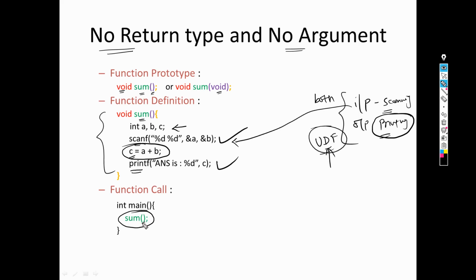Since it is not having any arguments, we will not be writing anything here, and we just call a function by writing its name. So this is the first category, no return type, no argument, in which both the scanning and printing responsibilities are done by the user defined function itself. I hope you are clear with this.